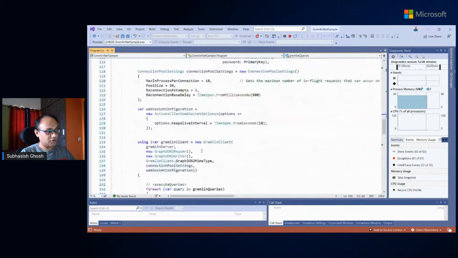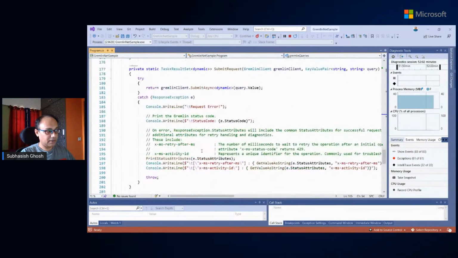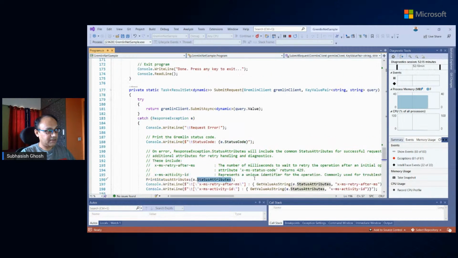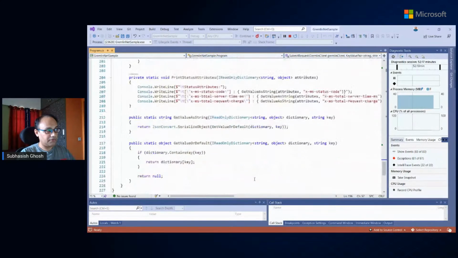Another very important point is that for all of these queries, you have the status attributes. The status attributes print out the retry after milliseconds, and also the unique identifier for the operation. So we used all of these.